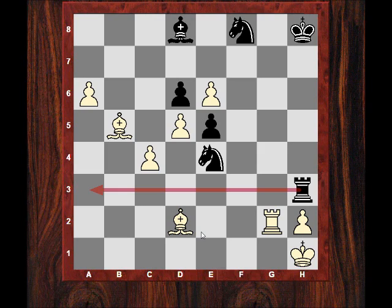idea from Natalia. I wonder if I give you 10 seconds to try and exploit your outside passed a pawn here. What move would you play here? 10 seconds starting from now. Okay, make your passed pawn queen